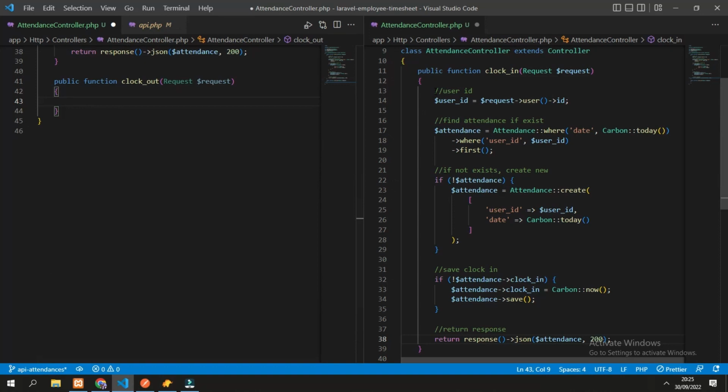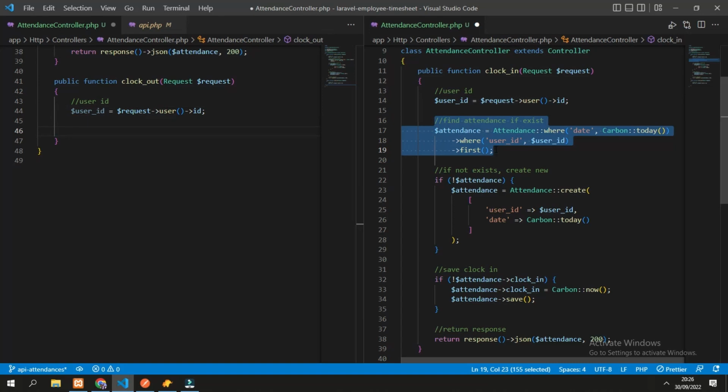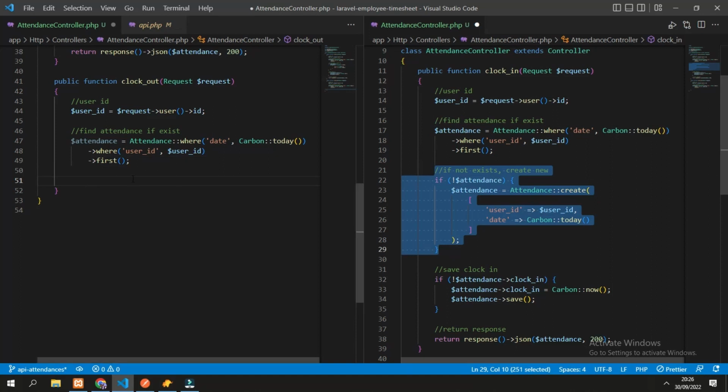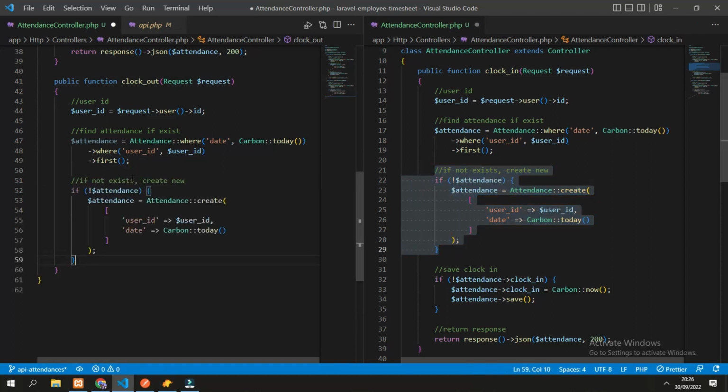The first step is the same, get the user ID from the user object, and second is get the attendance if it exists. The third step is if it does not exist, it will create a new attendance object.